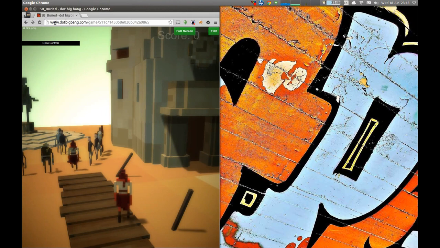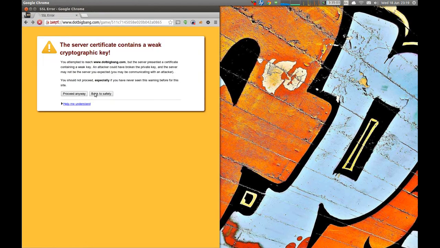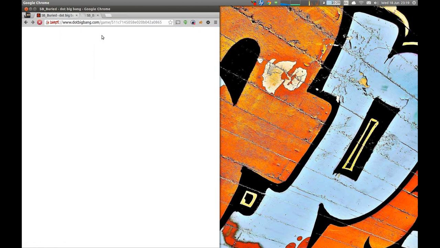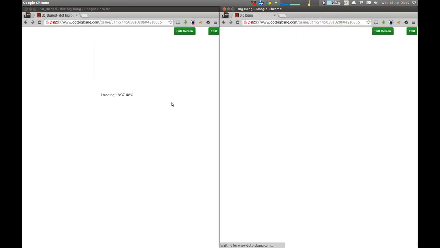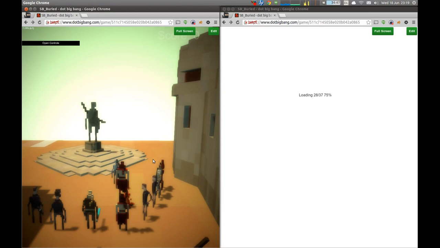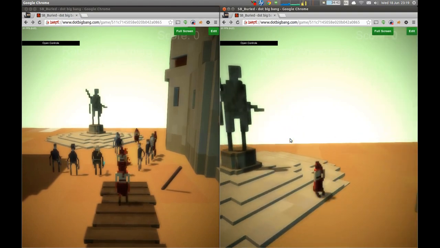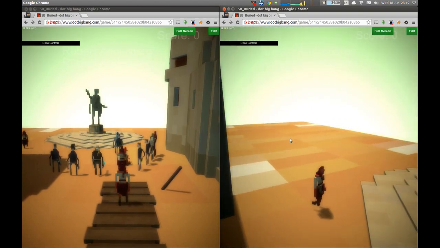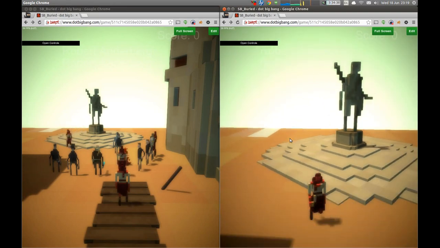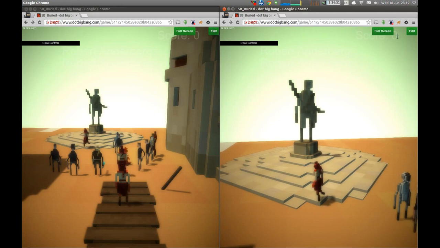So what I'll show you now is, let me see. I have to switch protocol for some reason. Let's duplicate this. So now, once these load up, what we should see is multiplayer. So we have very simple multiplayer at the moment using WebSockets. In the future we'll probably change to WebRTC. And one of the fun things that I'll quickly show you is